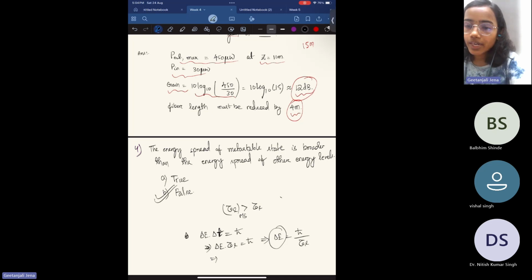So what is the practical implication of this? If you look at the open resonator, the number of modes is small. That means if you make a laser out of an open resonator, the line width of the laser will be narrower because the number of modes is less. But if you take a closed resonator, the number of modes is higher. That means there are many resonance frequencies oscillating in the closed resonator, so you will see a broader line width for a laser source with a closed resonator.